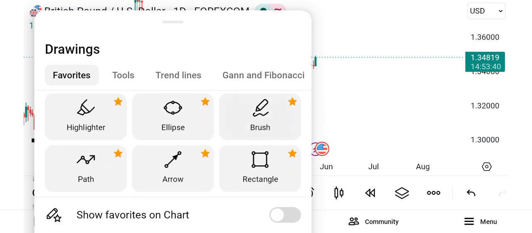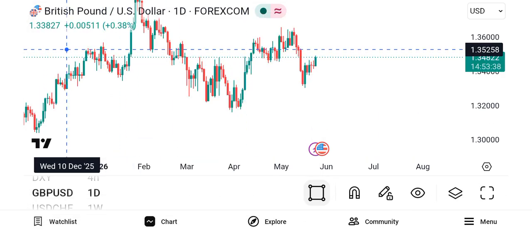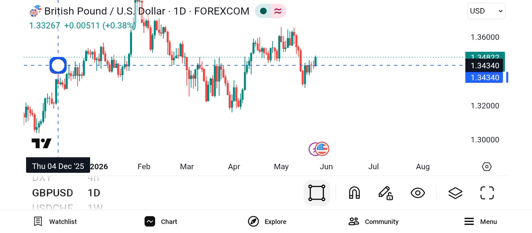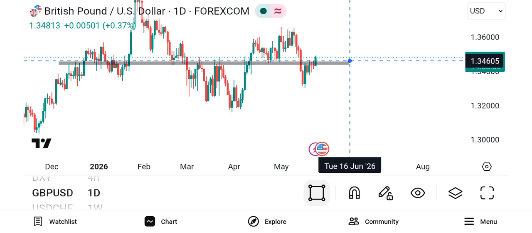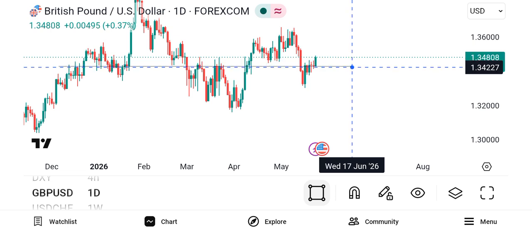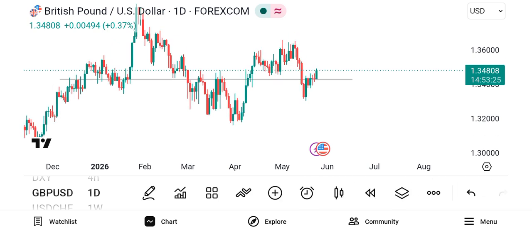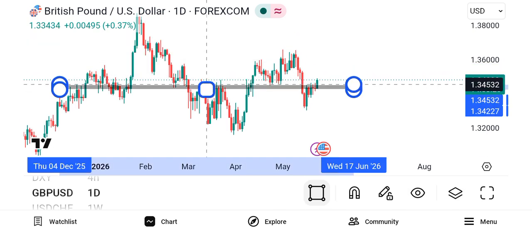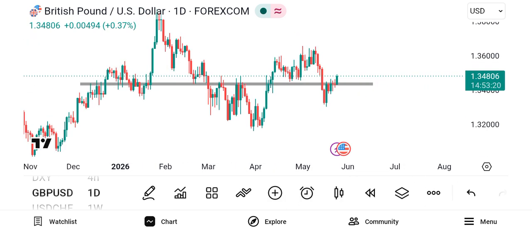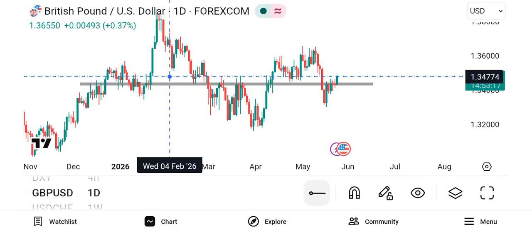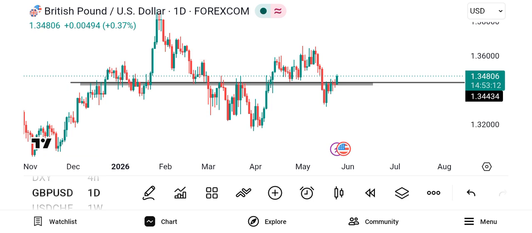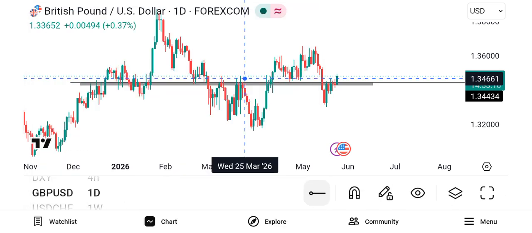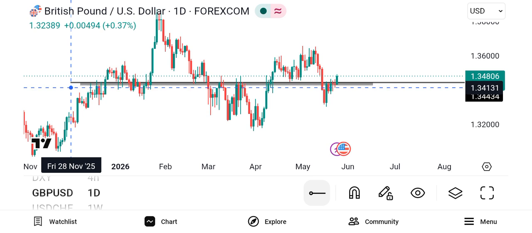You know how we do it. Let's quickly do some analysis here. The market gave us this particular zone here. I want it to be clean. Let me zoom it a little bit. Then let me also make it, you know how we do it here. We always want it to be clean and clear. Then let me quickly do another one. You know, this is how we do it, man.